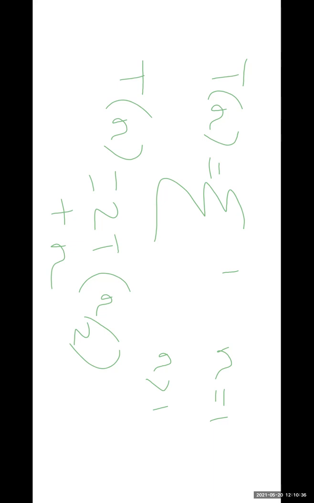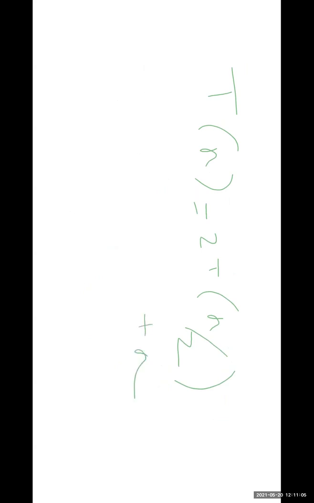तो हम लोगों को ये तो पता चल गया। अभी रिकरेंस रिलेशन को सॉल्व करेंगे। रिकरेंस रिलेशन को सॉल्व करने के लिए हम मास्टर्स थ्योरम देख चुके हैं। मास्टर्स थ्योरम यूज करके हम इसको डायरेक्टली फॉर्मूला से सॉल्व कर सकते हैं। देखो, Tn इक्वल टू 2T n by 2 plus n.